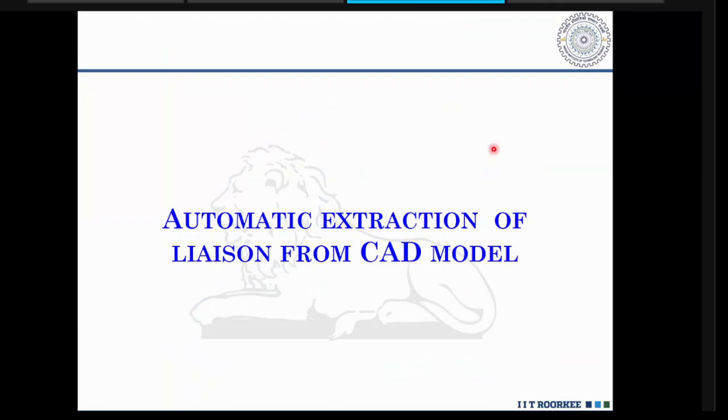Similarly, if you take one aircraft, there are a large number of parts, more than 1 lakh, 2 lakh parts, and a large number of joints. So if you are really talking about an industrial assembly, having, suppose, 20 to 30 parts and 20 to 30 joints,